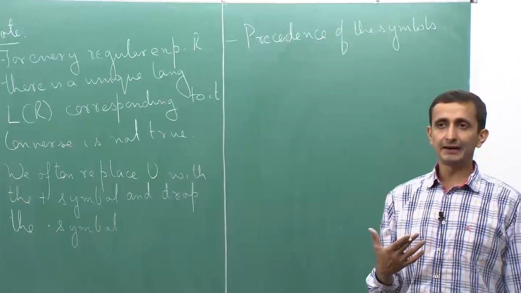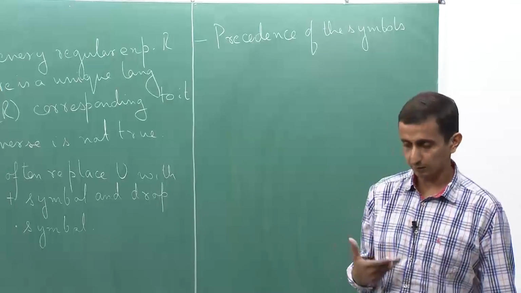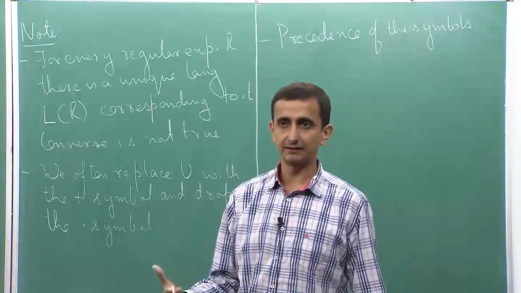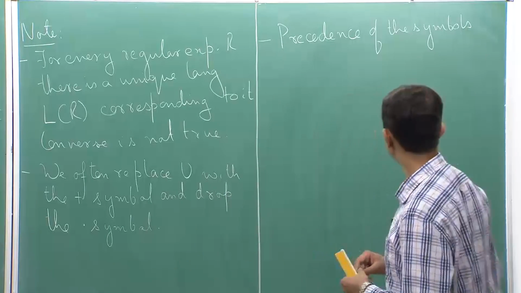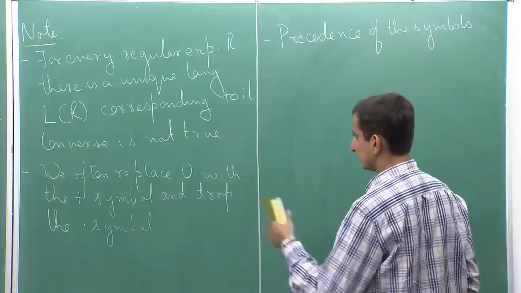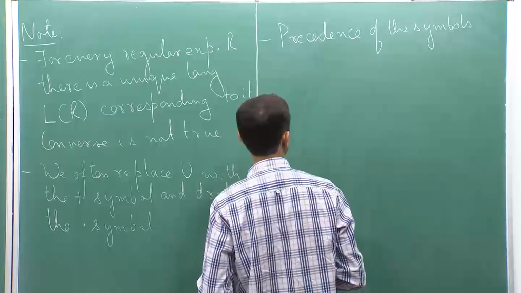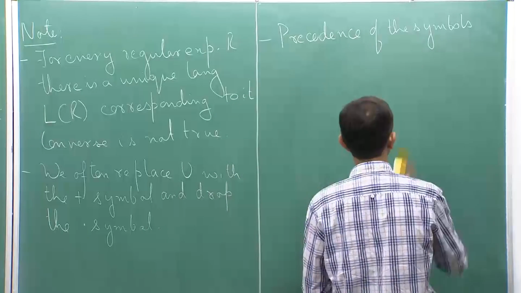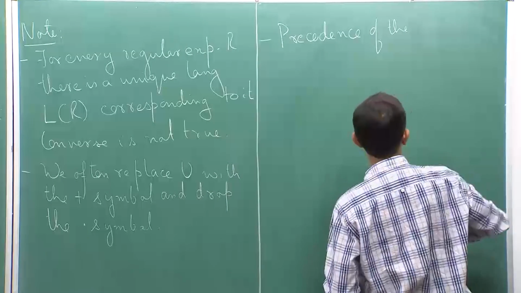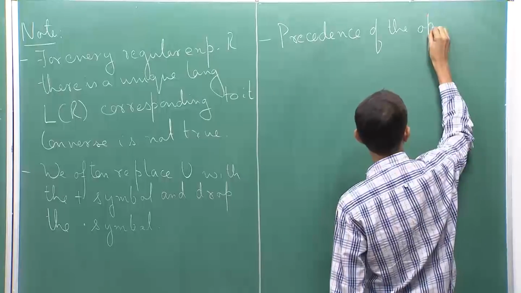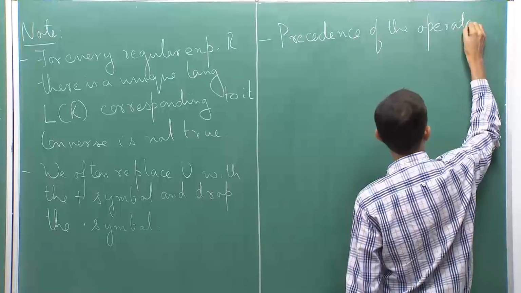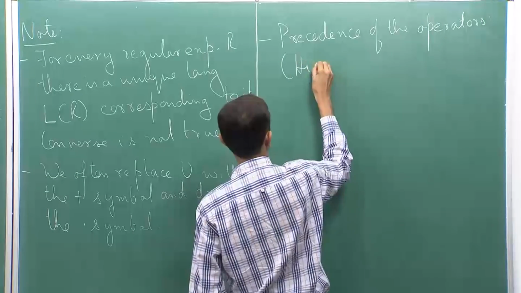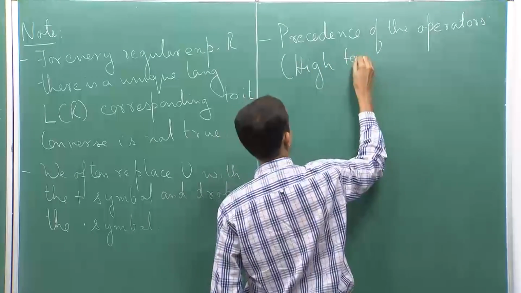So, you know which operation you need to perform first and which operation after that. So, between any two operators you need a precedence. The same thing exists here as well. So, the precedence of the operators from high to low